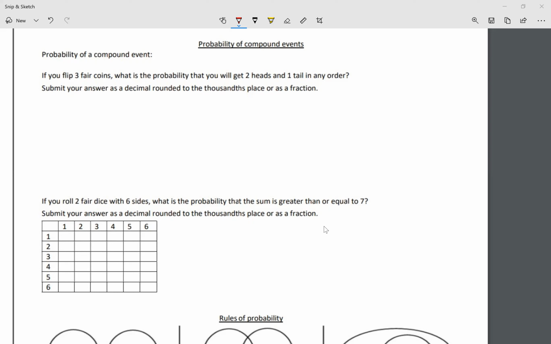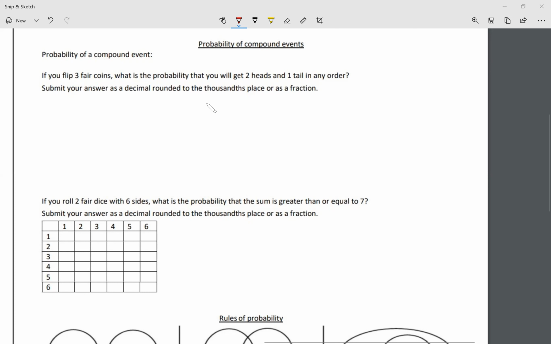Let's say you flip 3 fair coins. So we have 3 coins. Fair coins mean a 50% chance of landing on heads and a 50% chance of landing on tails. So it's going to give me either tails or heads. And I call it fair because I didn't put any extra weight on any of the sides. What is the probability that you will get 2 heads and 1 tail in any order? Submit your answer as a decimal rounded to the thousandths